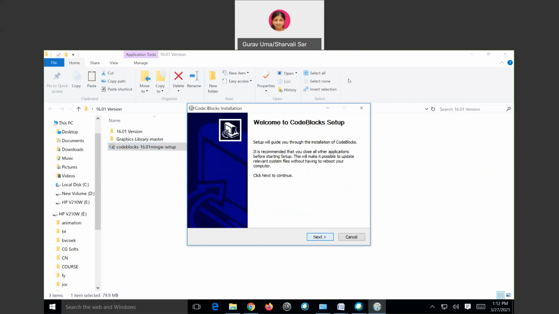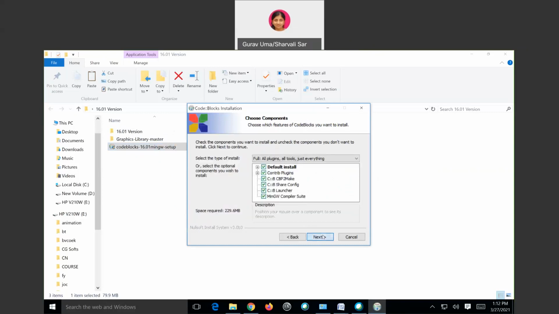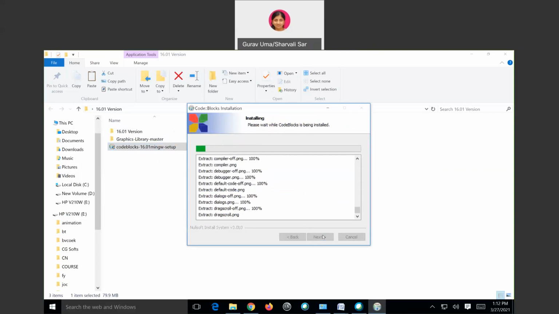Now this window appears when you click on the setup. So click next, then click on I agree, then again next, then install. Now Code::Blocks will get installed.